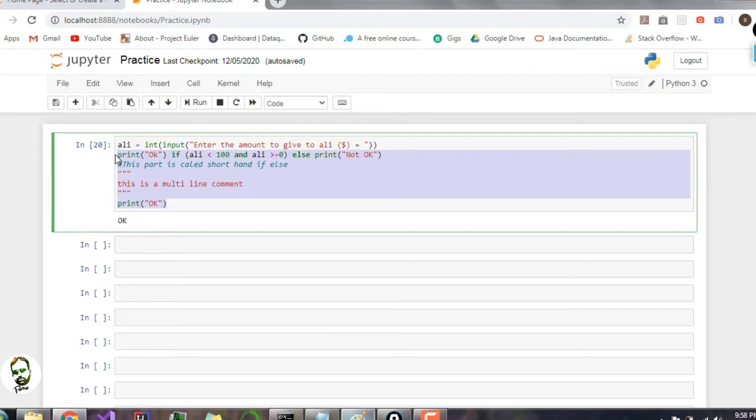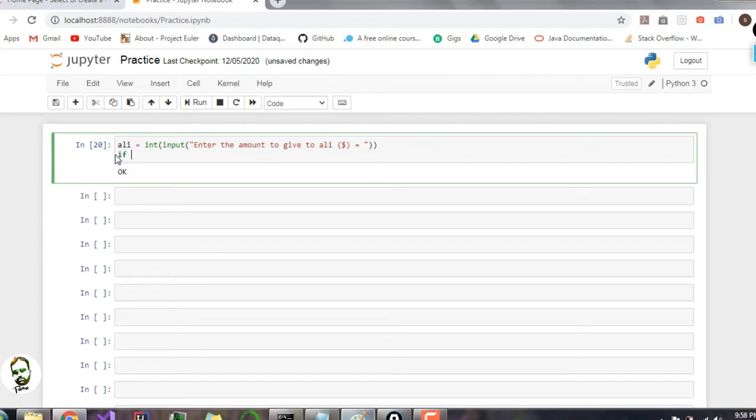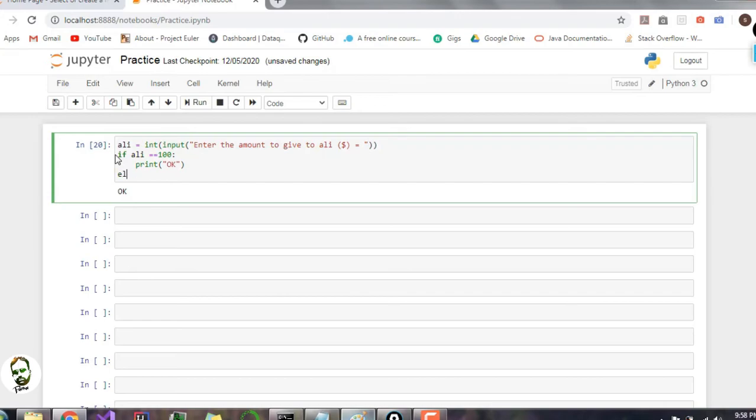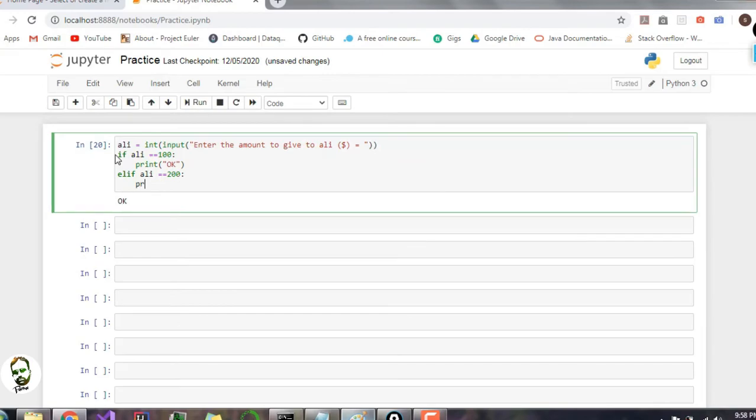Now if I want to write this in code, it's very simple. We will just go here and first make the part: if Ali equal to 100, print okay. Elif Ali equal to 200, print okay okay.